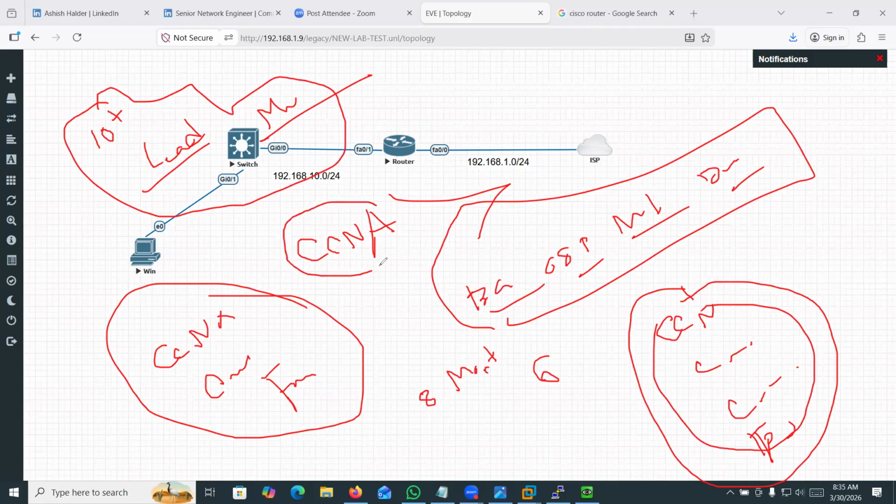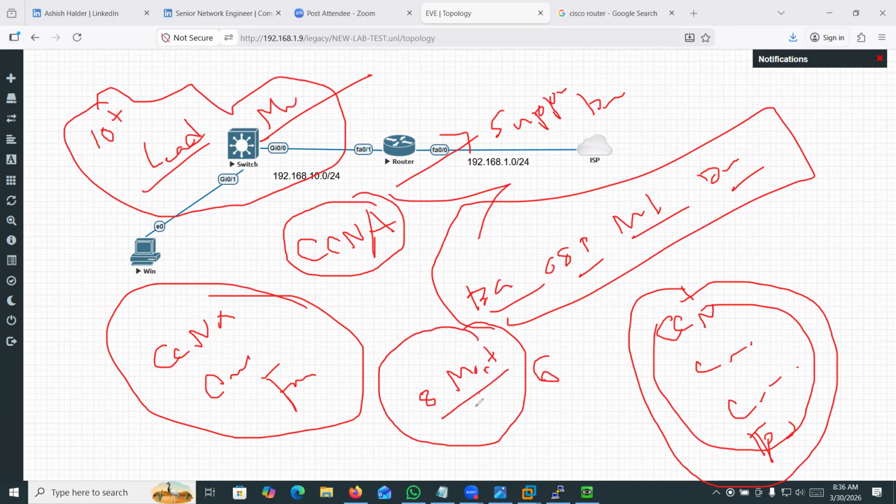If you only do CCNA, you can get a job, but support jobs or desktop engineer, not an advanced level job, not a core level job, not a security engineer. You can do nothing. So my suggestion is to put in effort for 8 months. You will get a better benefit, I think.